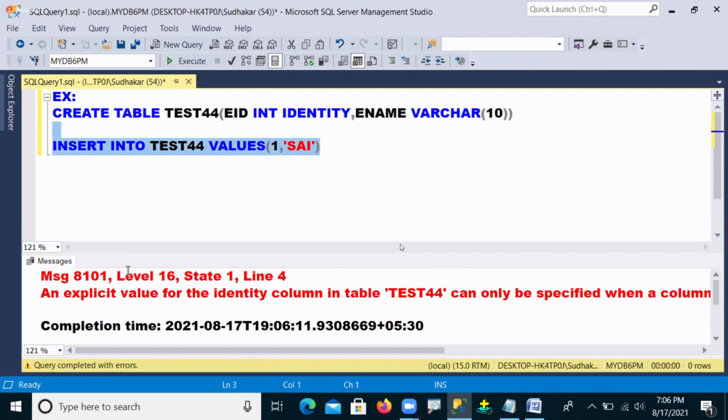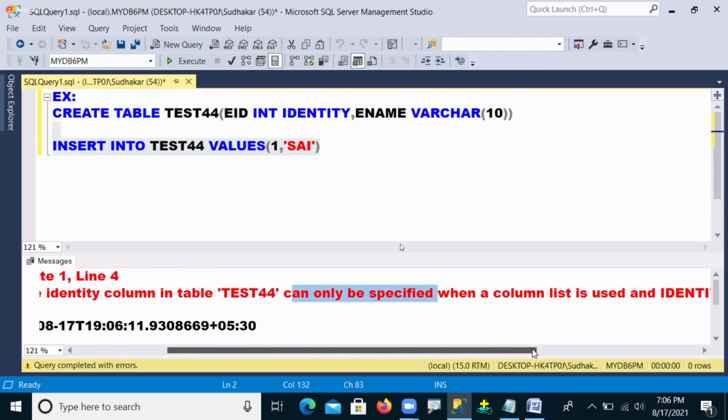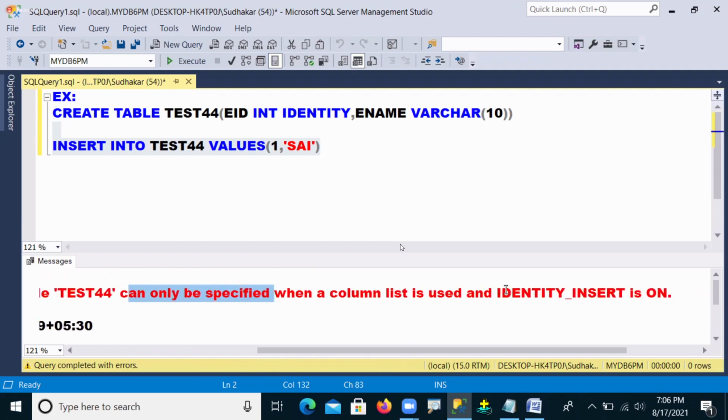So what it was telling here: an explicit value. Explicit is nothing but a user defined value. So a user defined value for the identity column in table test number 44 can only be specified when a column list is used and identity underscore insert property is on.